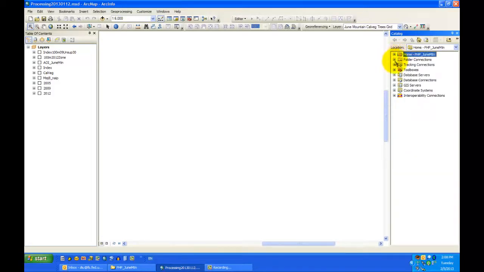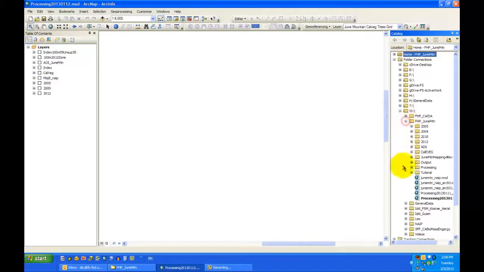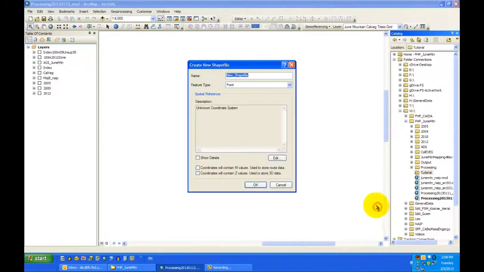And what we do is, of course, we go to our workspace. In this case, I'll go to my W drive, June Mountain. I'm gonna put it in this, let's say, tutorial folder. I'm gonna right click on it, and I'll create a new, and I'll choose a shapefile. Here I'm gonna name it June Mountain